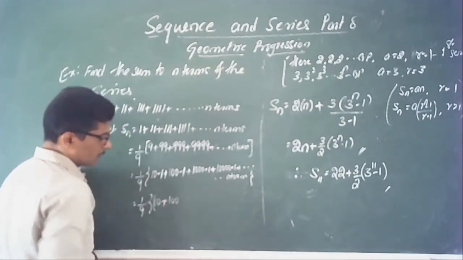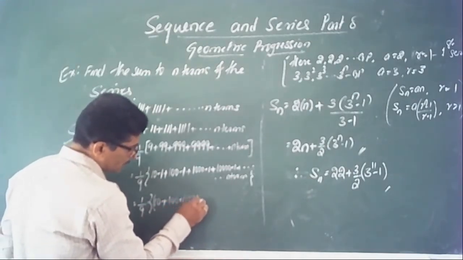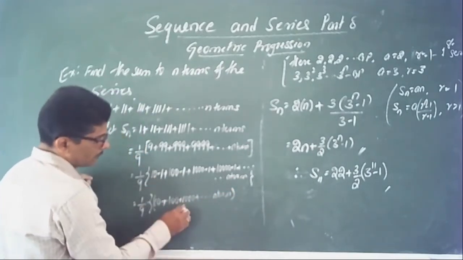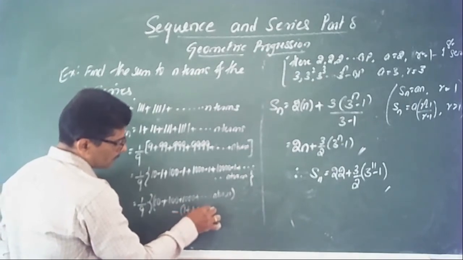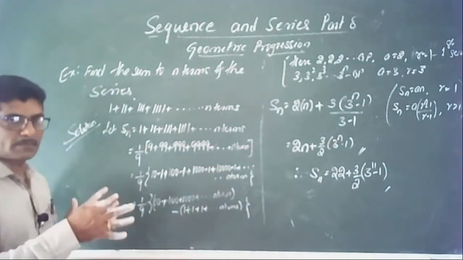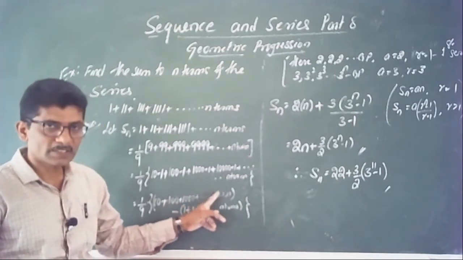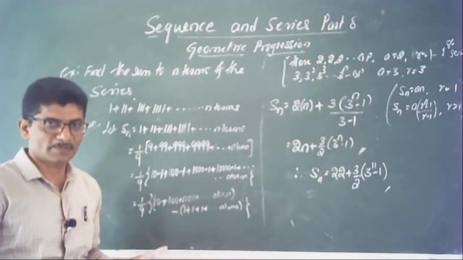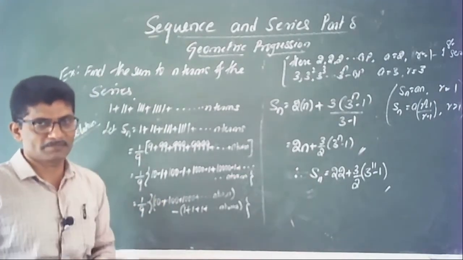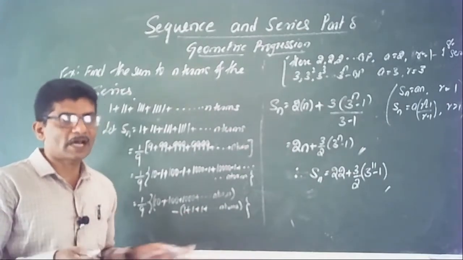There are two types of series. 10 plus 100 plus 1000 plus 10,000 up to n terms. This is the first type. Minus the common terms, 1 plus 1 plus 1 plus up to n times. This is the sum of the two series. 10, 100, 1000, 10,000, these are in GP. Just remember, any term divided by its previous term gives the common ratio, and 10 is the same. And 1, 1, 1, these are also in GP. Here A equal to 1 and R is equal to 1.